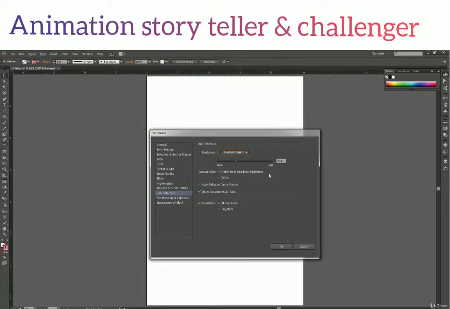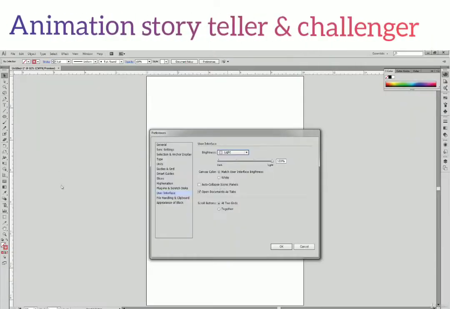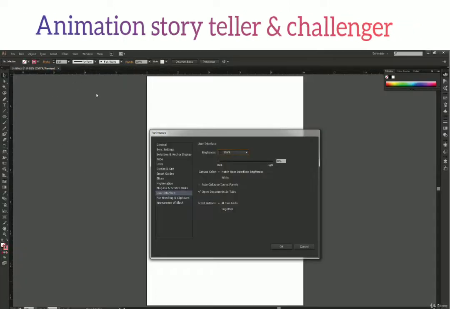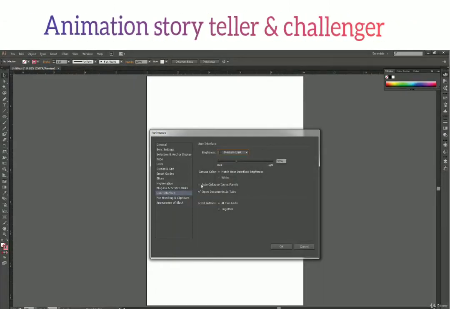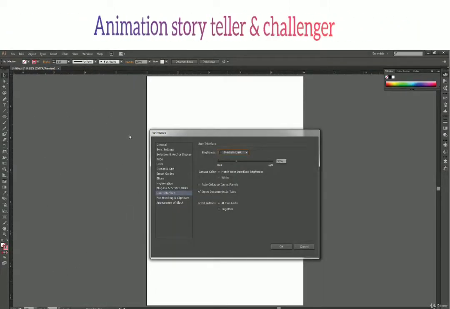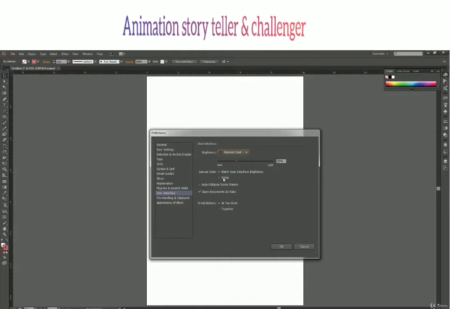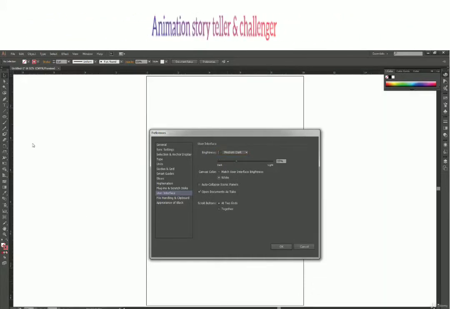And there we have canvas color now. Match user interface brightness or white. So match user interface brightness means this one. So if I go back to light, this canvas color has changed to a light gray. Here it has changed to a dark gray, and here again you can see the change in color for the canvas. Now when I click white, it completely turns into a white color.